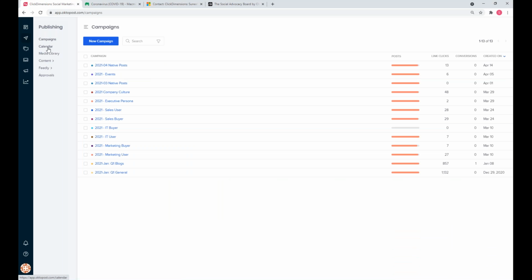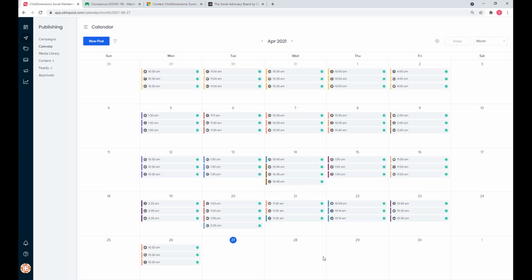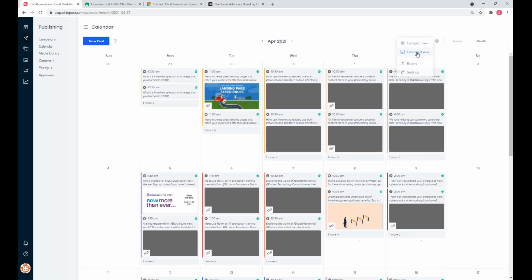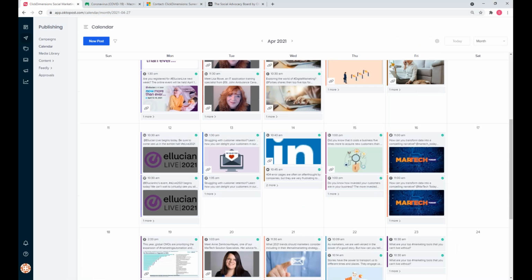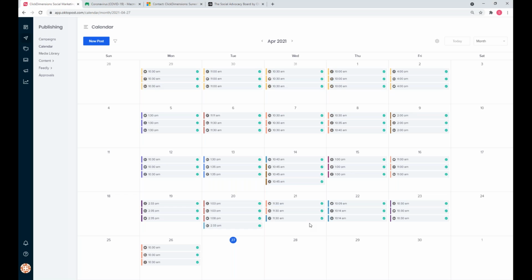But let's get into the publishing section. I'm just going to draw your attention to the calendar here, just to show you what this will look like. You can see all these weird and wonderful posts, and there's a load of different colors here. Of course, the different colors, as you probably guessed, are just ways to filter out the campaigns, right? So each different color has its own campaign. We can extend the view as well, so you can get a visual view of all the posts as they're happening throughout the month. Now, this is fantastic, guys, because we can set this and we can forget this, right? We don't have to.